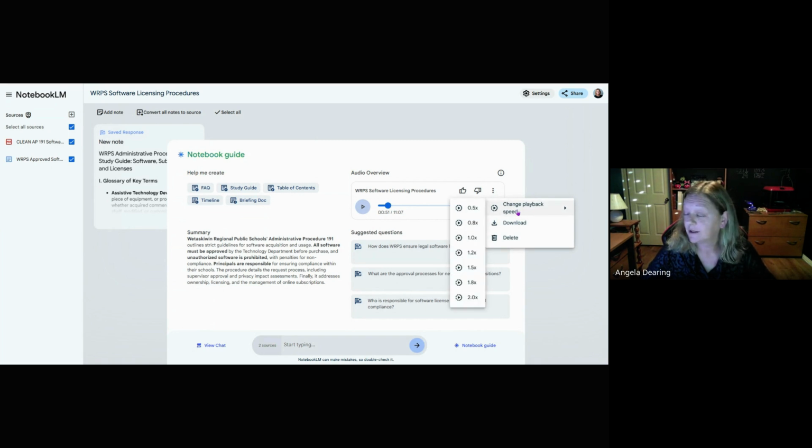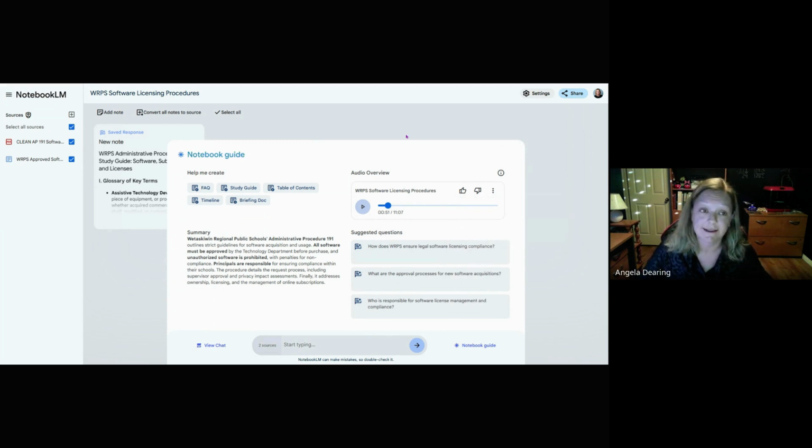And then there's an option here too if you want to change the speed rate within Notebook. So I wanted to start with that first, like I said, because I'm going to need to stop sharing here and then